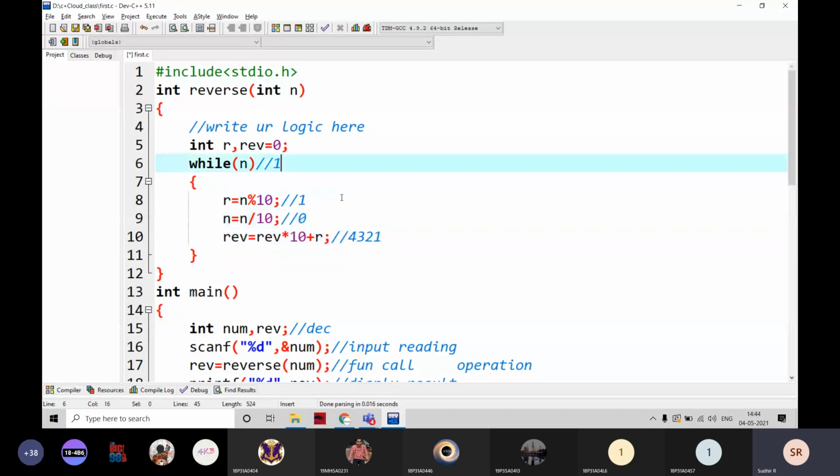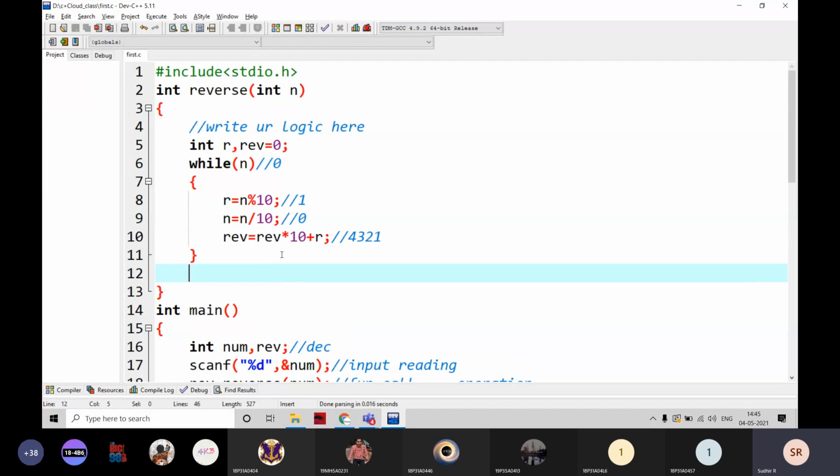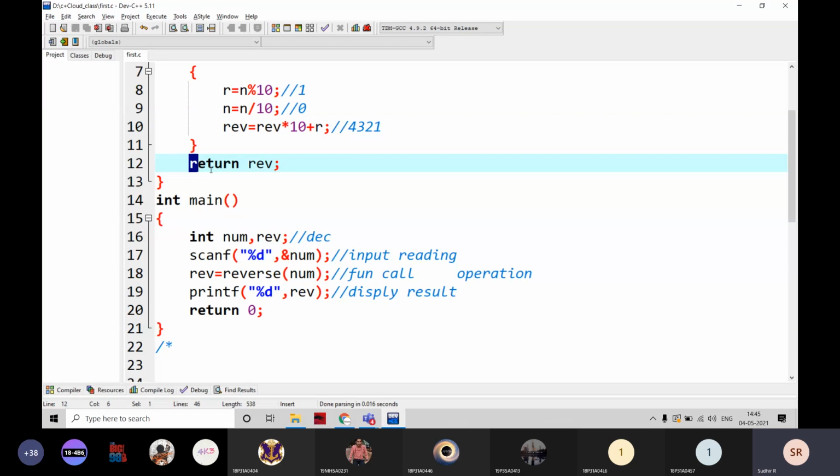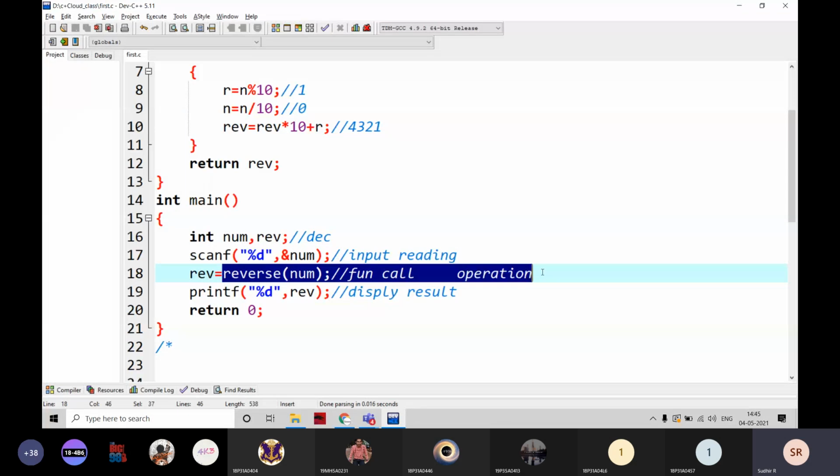Now while n of 0, that is going to be false, and coming out of the loop, what is the REV value now? 4321. I am going to return from here to here. Now the REV value is going to be replaced here with 1, 2, 3, 4.